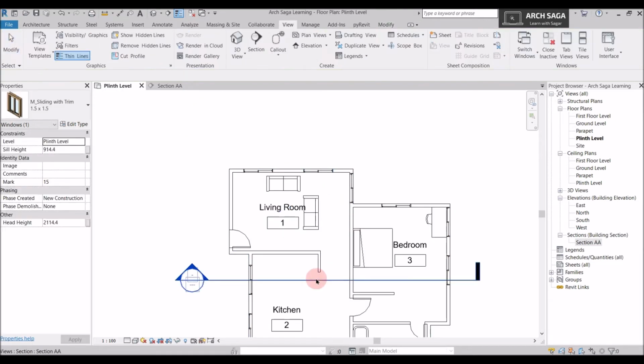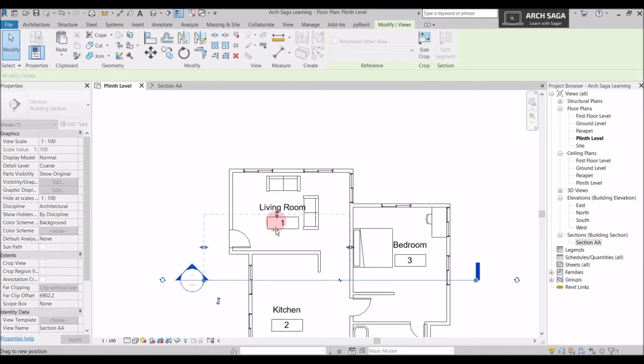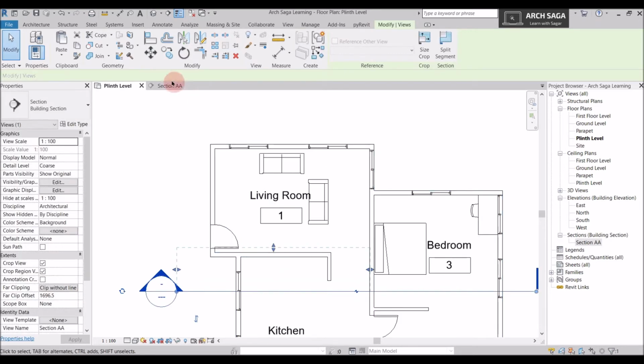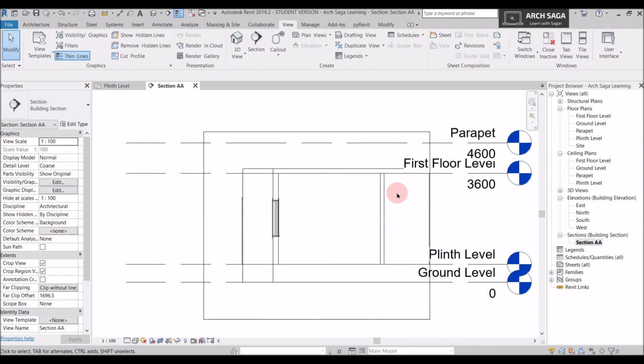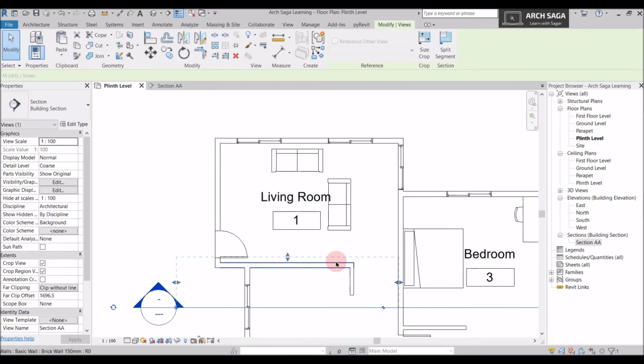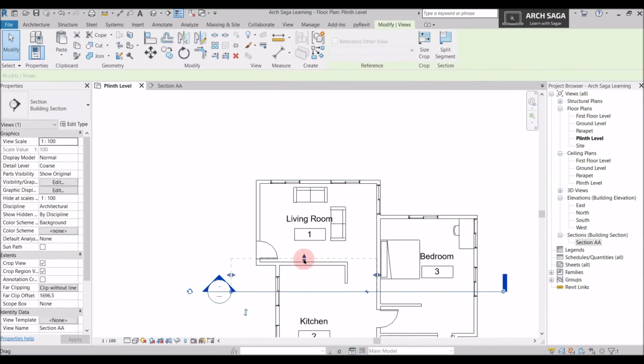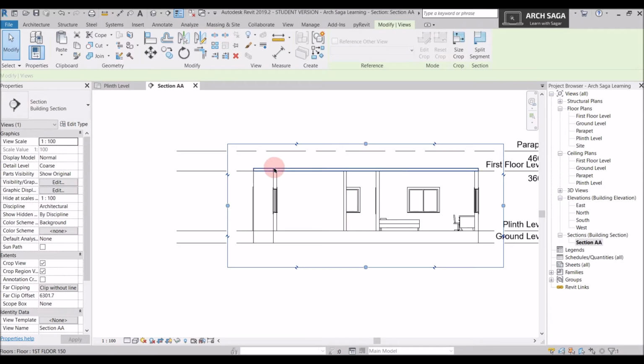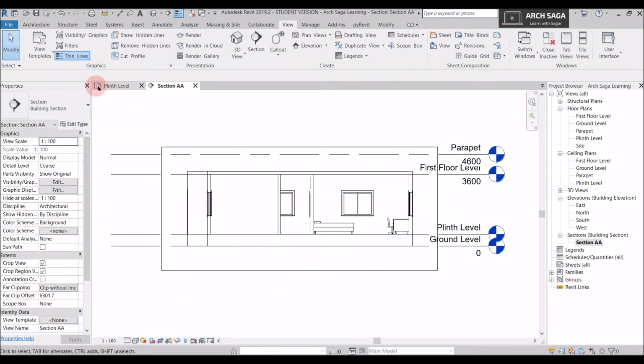I'll reduce the far clip till this wall only. If I go to section now, this window would not appear. The far clip is on the kitchen wall. So again I'll just reset it to default. I want this whole section now. So this is my section.